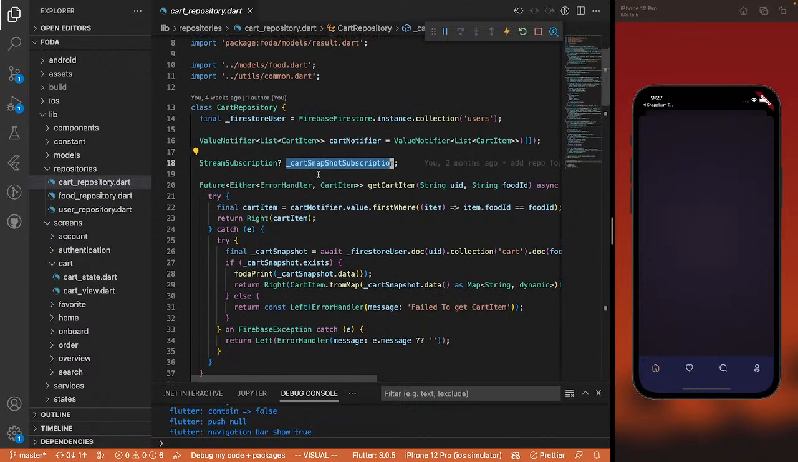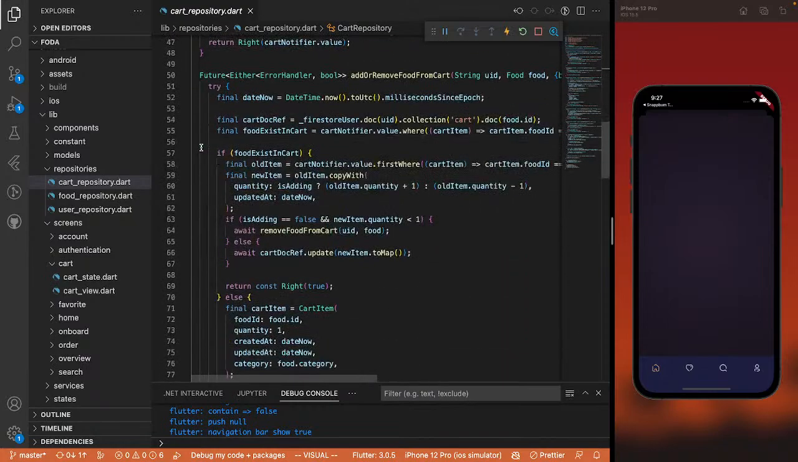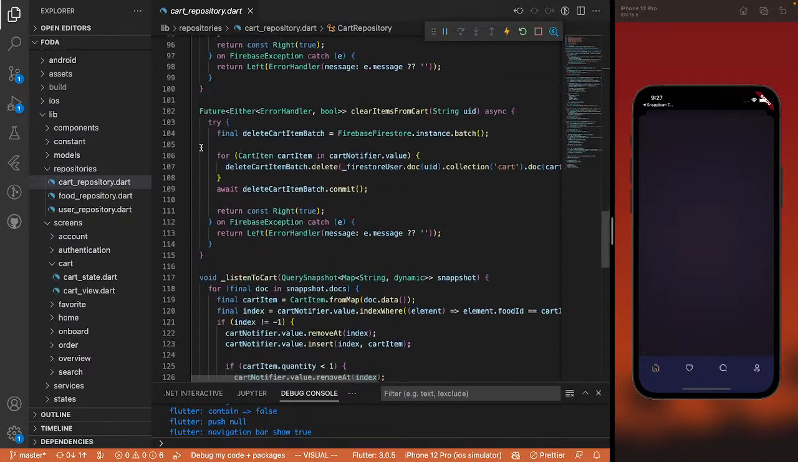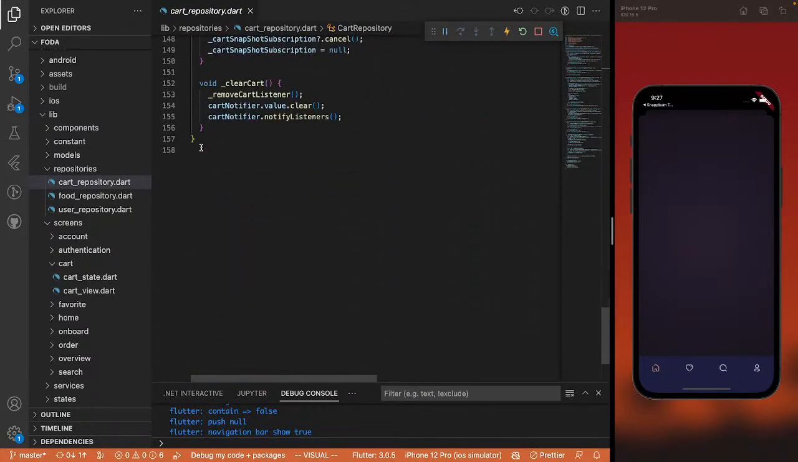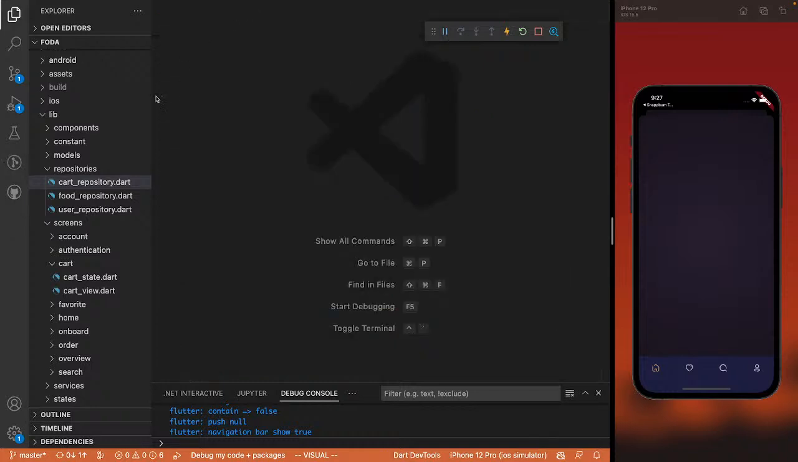Whatever we are listening to, we add it to this stream subscription. And whenever we log out or leave the app, we cancel it. So we just make good use of this so our app doesn't leak. And what else? I think that's all for the cart repository, because I've explained all of this. Just what I'll need to explain more